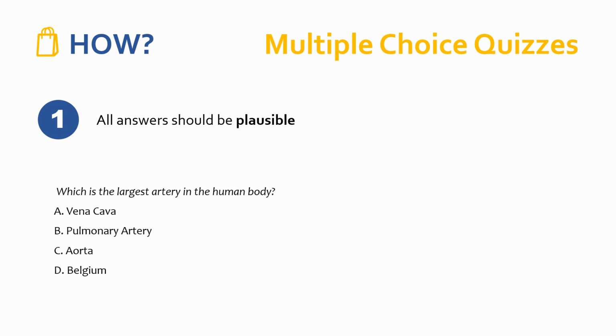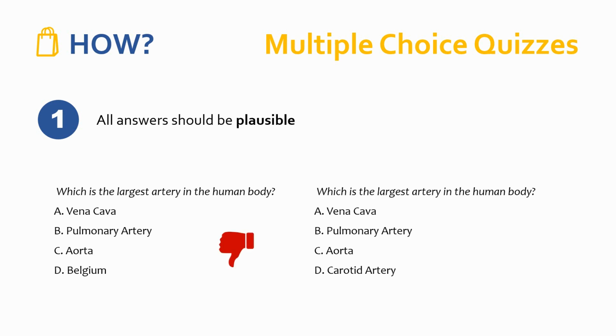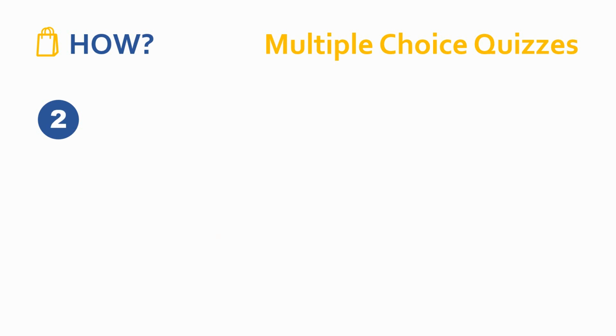And if you've got students guessing the correct answer, that becomes a problem for you as a teacher because you're not sure whether they've learned that thing or whether they've simply guessed correctly. So by having implausible options in there, that makes it more likely that the students will guess correctly, and then you're not really sure what to do with that information. So we'll try and avoid that if we can. Instead, make sure the answers are all plausible. So that's the first thing. All answers should be plausible.